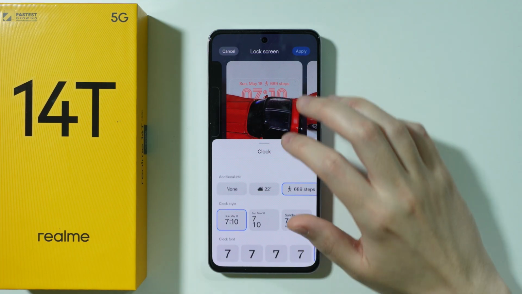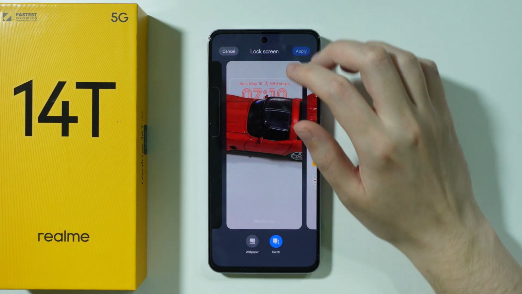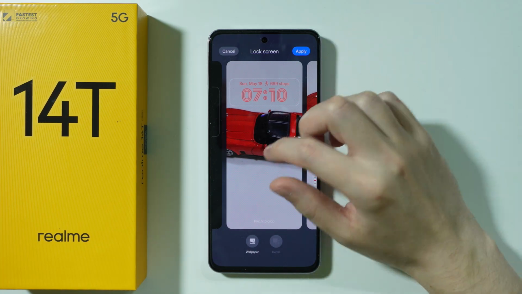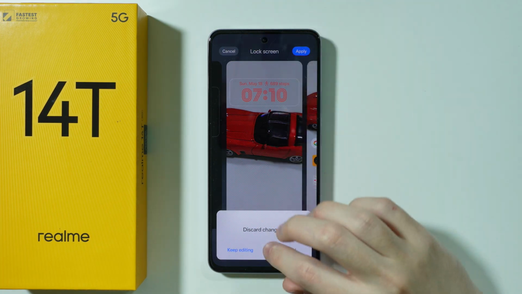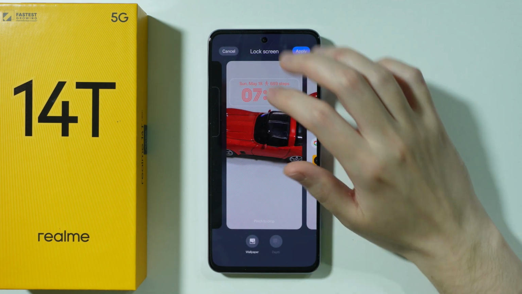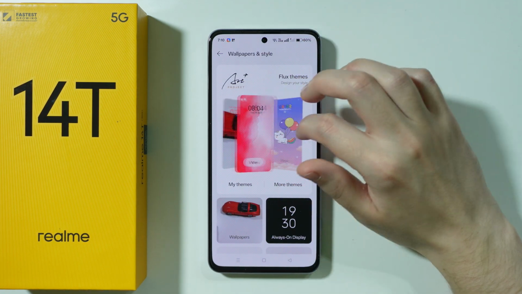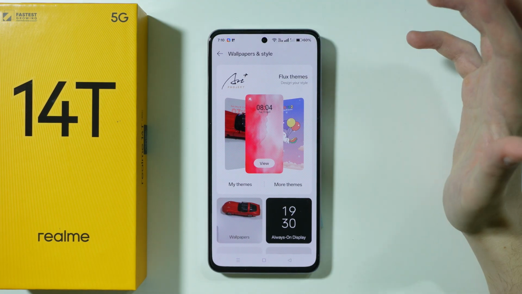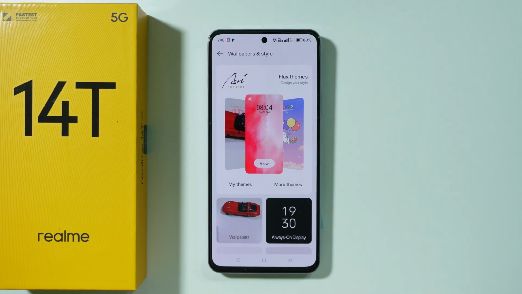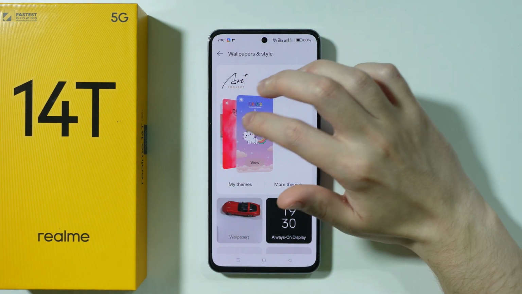As you can see, we have a bunch of different options. You can of course also adjust the wallpaper itself, but we're gonna actually go back a little bit. Let's just cancel that and let's discard. Over here you should also be able to, for example, customize the lock screen completely by using a different theme. So you can download a new theme and utilize it, use it on your phone in order to